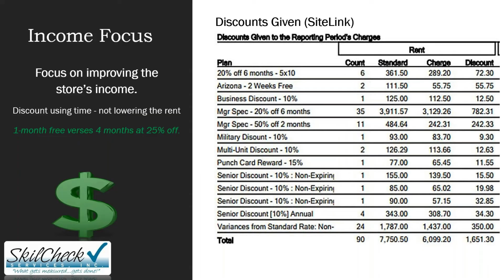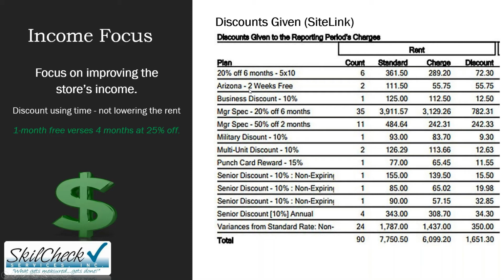One of the great forms that you can look up in your software would be the discounts given, and it can be for a reported period. I just happened to do this one for a short period of time, but what was interesting on this is how many different discounts they had, and they have 90. Again, it depends on how big the store, but 20% off 6 months, it looked like they only did that for the 5x10s. And Arizona, I'm not sure why, it's some Arizona special, I guess,